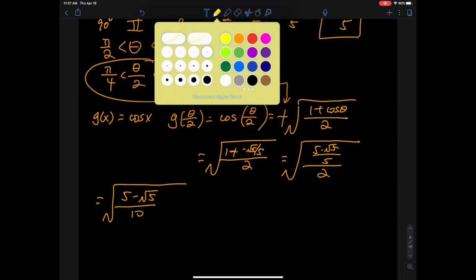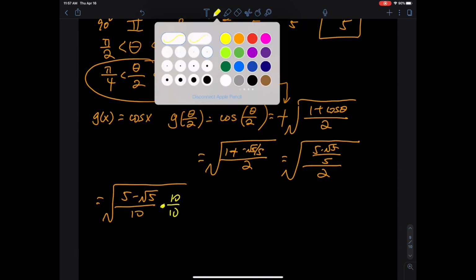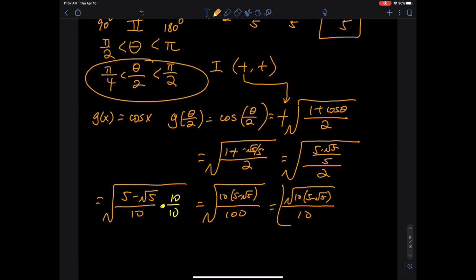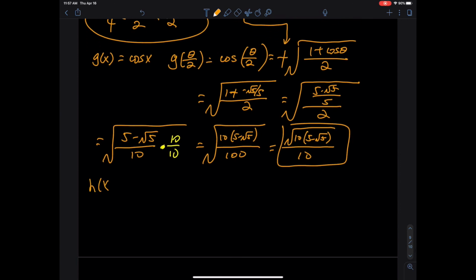And then here is one little technique. Multiply the top and bottom by 10. So that gives me 100 in the denominator. So you have 10 times 5 minus root 5 divided by 100, right? So once you take the square root in the denominator, that is equal to 10. So we don't have any more square root in the denominator. So that is your cosine of half theta. And then the last one is you have h of x equals tangent x, and then